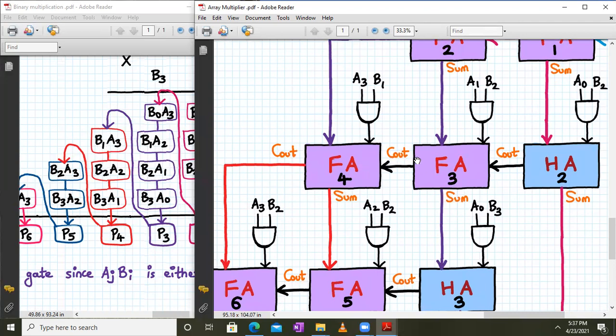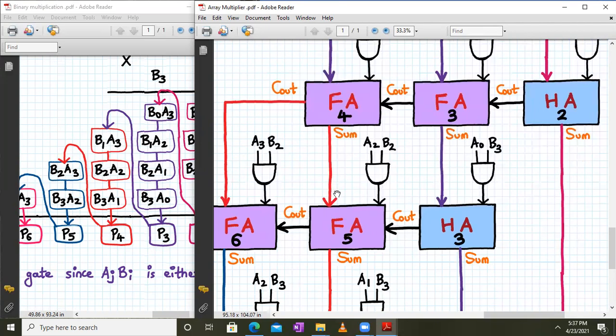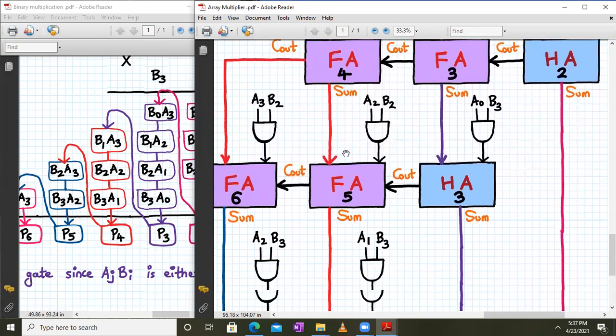The C out of full adder number 3 is given as the C in for full adder number 4, which will produce the C out term and the sum term. This sum term is given to another full adder number 5, whose other input is A2 B2.